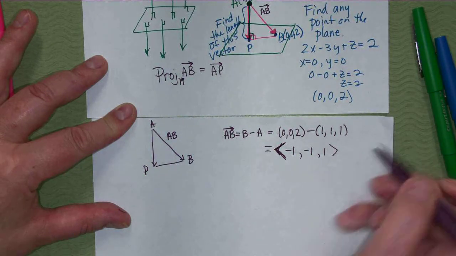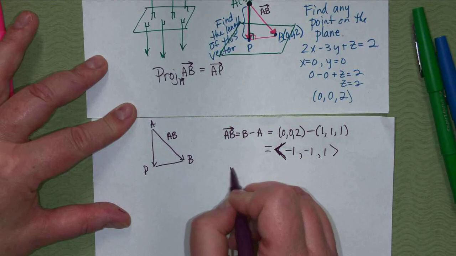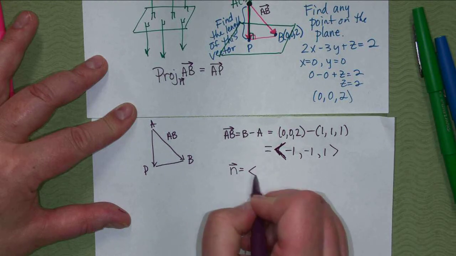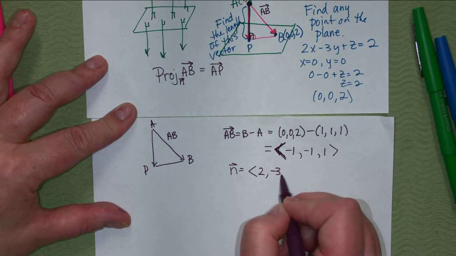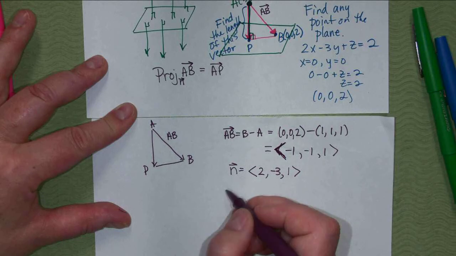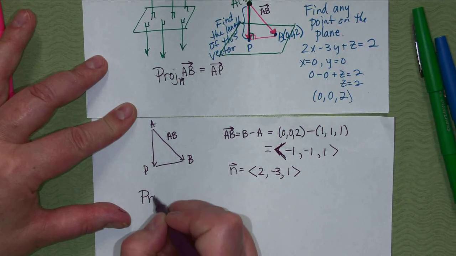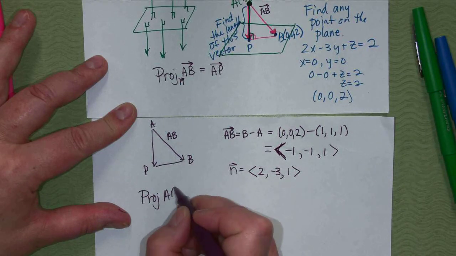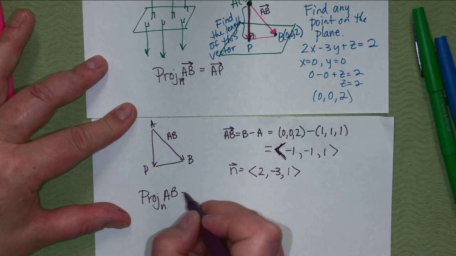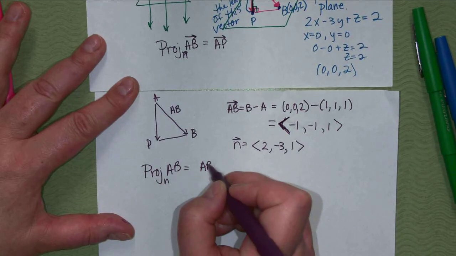And we're projecting it onto the normal, and we know the normal from reading it off of the plane that was given. And so the projection of AB onto the normal is AB dot normal